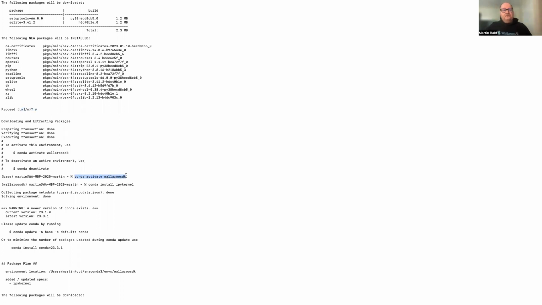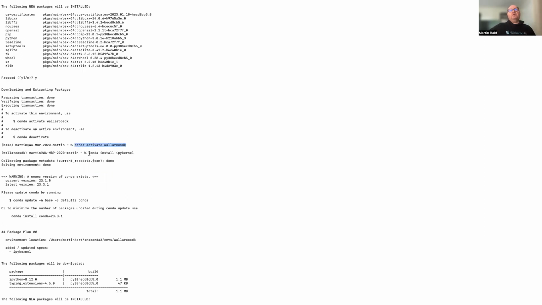Once we've done that, then we want to activate this new environment. It's a pretty straightforward, simple command to do that one. So it's conda activate Wallaroo SDK. And then we want to install the IPyKernel library. And this allows the Jupyter notebooks to access the Python virtual environment as a kernel. And so this is required for the rest of this tutorial if you want to go through a real deployment